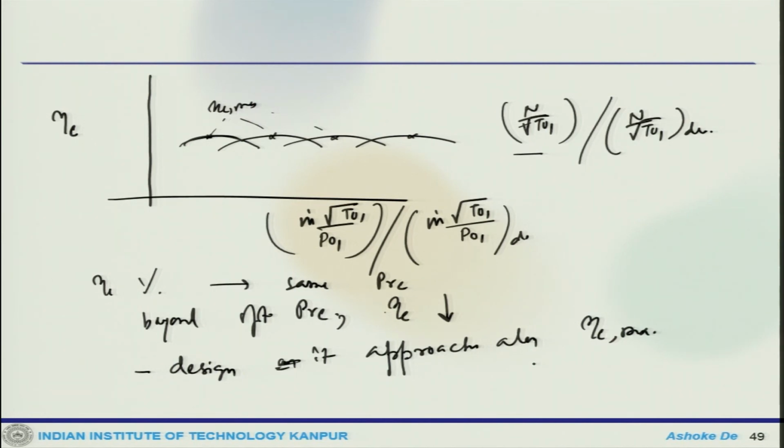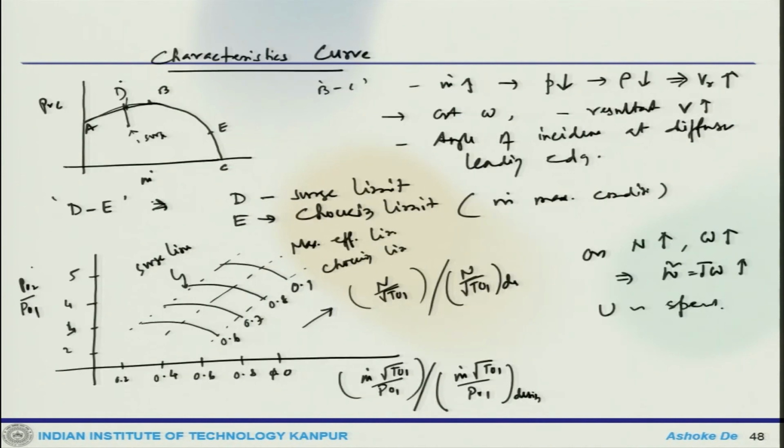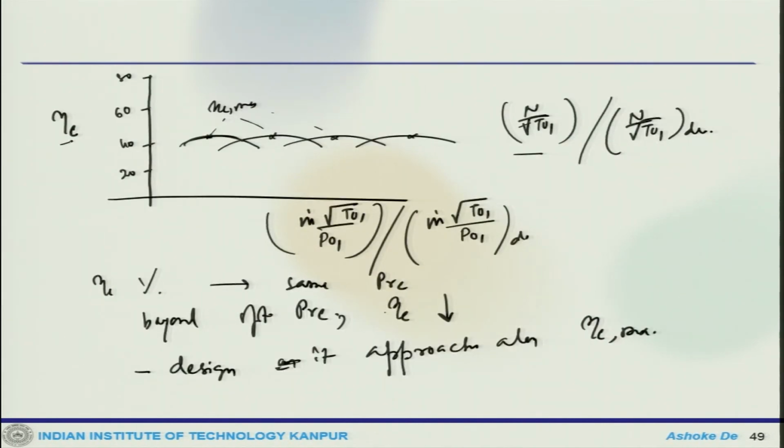So, these are the two curves one gets. So, you can have 20, 40, 60, some number, 80. So, these are some particular numbers that have nothing to do with that. So, one is this pressure versus non-dimensional mass flow rate and it gives you the surge line and choking line, and in the other case you have the isentropic efficiency versus non-dimensional mass flow rate, for varying speed, and you get these two important characteristics curves. And from these curves one can determine the characteristics of a compressor.